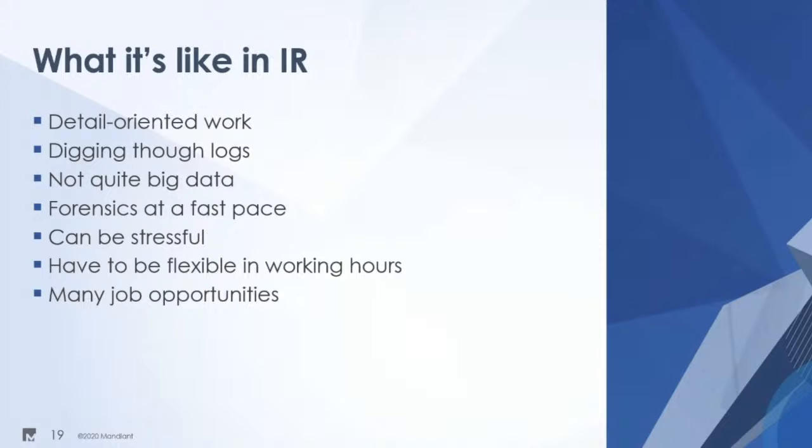Job opportunities, I'm going to give you some specific things after this on what you can do and what you can learn to find those opportunities and show somebody you deserve that job. And I feel like you have a lot better opportunity in IR than you do in, say, red teaming.